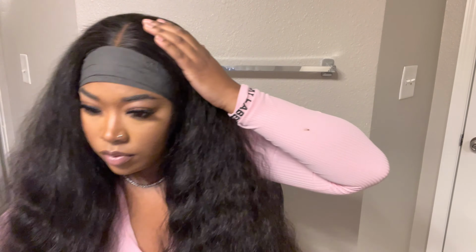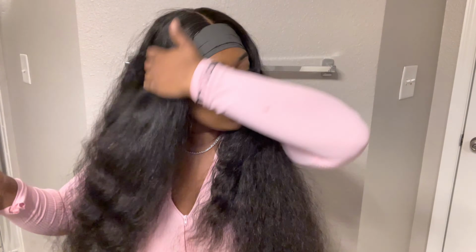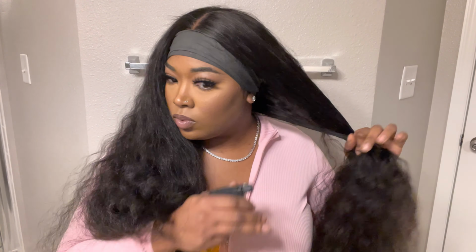We made it work. But now after we detangle it, I'm just gonna go ahead and wet it down with some water. I'm going back in with my hot comb because I love my hair to be really flat. But yes, y'all, look at this hair. That hair looks beautiful, and that was completely dry. So now we're just going to go ahead and reactivate the curls with some water. And I also...